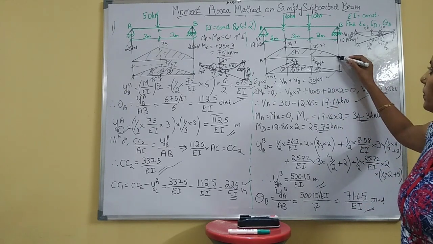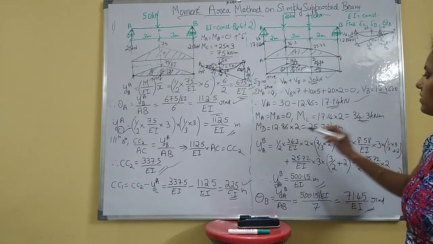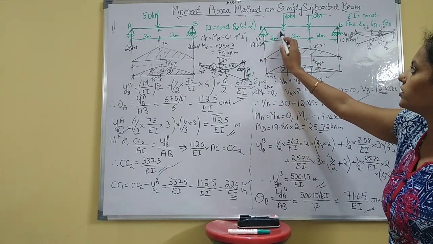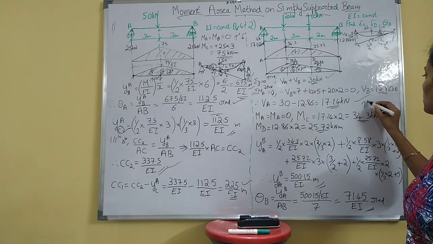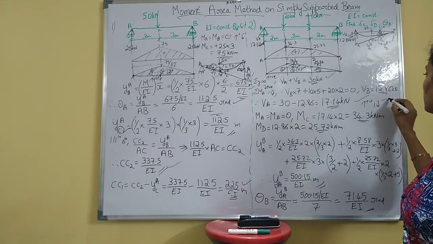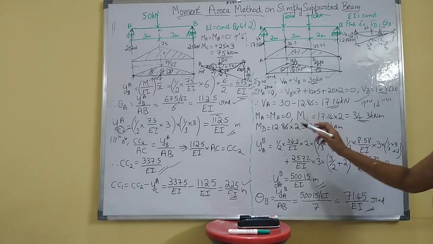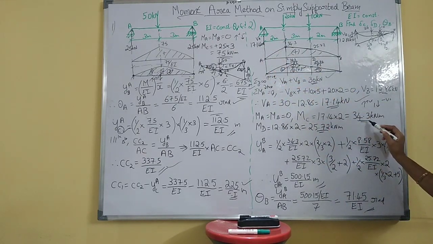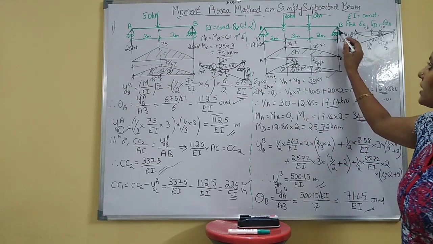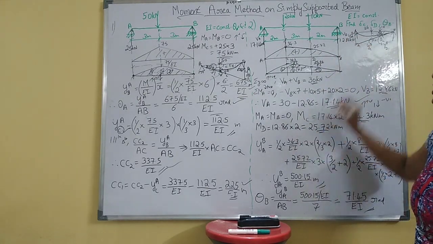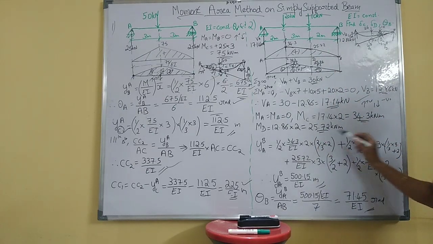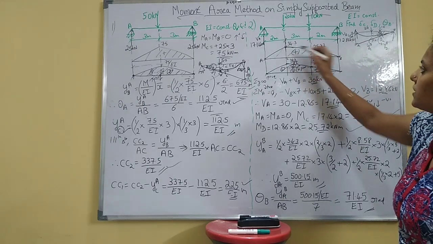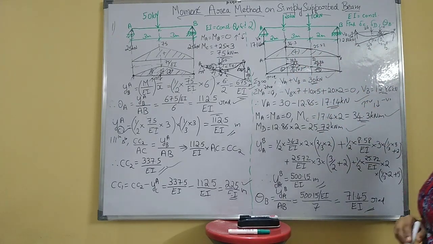Next find out the bending moment value. At A and at B will be 0. At C you have this 17.14 into 2, upward as positive, downward as negative for bending moment sign convention. So it is just 17.14 into 2, you will get 34.3 kilonewton meter. Then at D you have here 12.86 into 2. So this is your MA, MB, MC, MD, mark it, and this is your bending moment diagram.